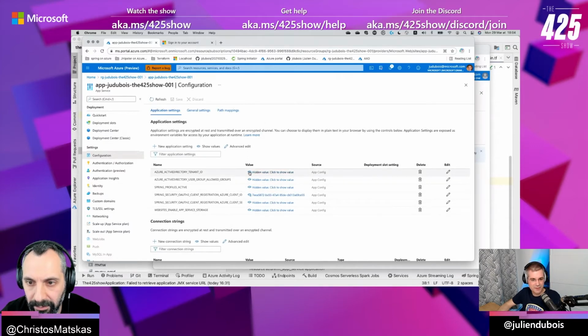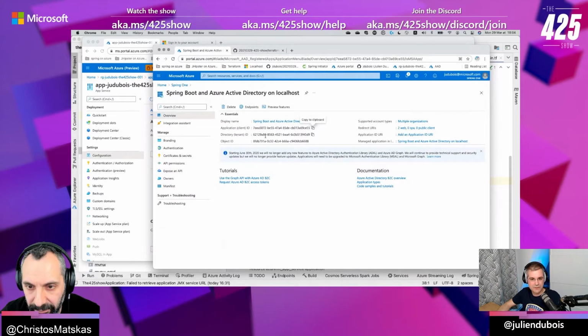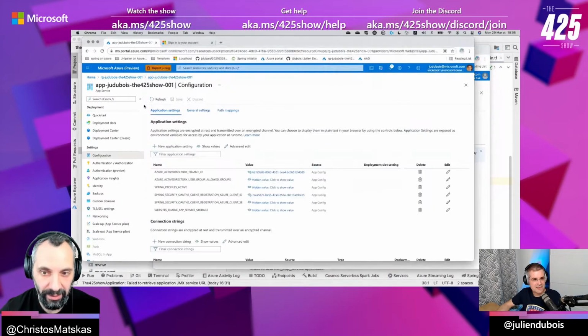Okay. And the tenant, maybe the tenant is not good. I would be surprised, but check the tenant. It's the same. Okay, so it's definitely in the authentication settings somewhere. Something is not right there. Are we 100% sure that this is the correct redirect URI? Do you need to have a / at the end, maybe? For your redirect URI? No, I'm wondering if I put the right values here. Oh, you mean for the client secret?